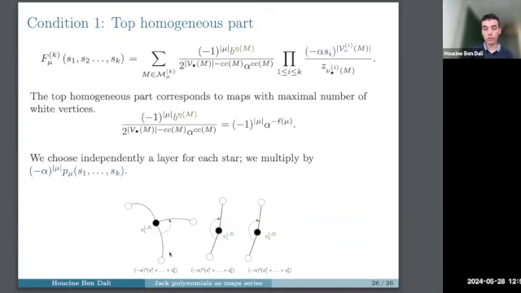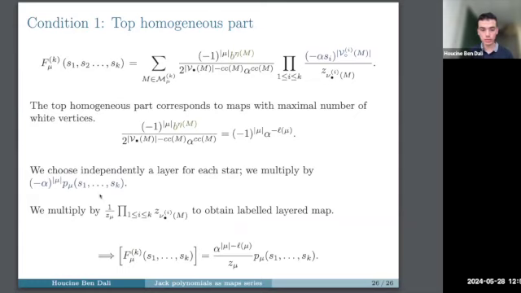Each time the weight that we obtain is just the sum of s_i to the power of the degree of the black vertex, with some power of minus alpha. And when we take the product of all this, we have this power sum symmetric function in the s_i's. And then there is some renormalization which is related to the labeling, because we want to have this labeling of layered